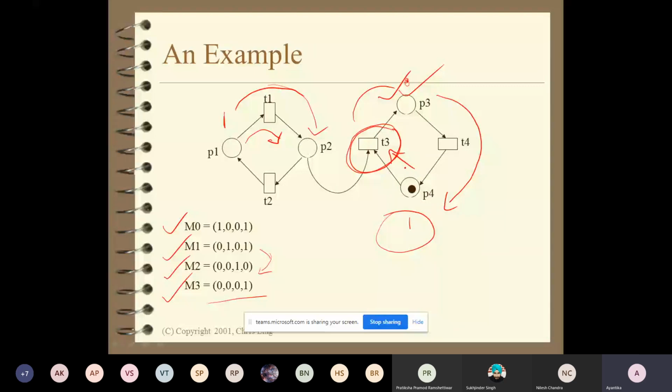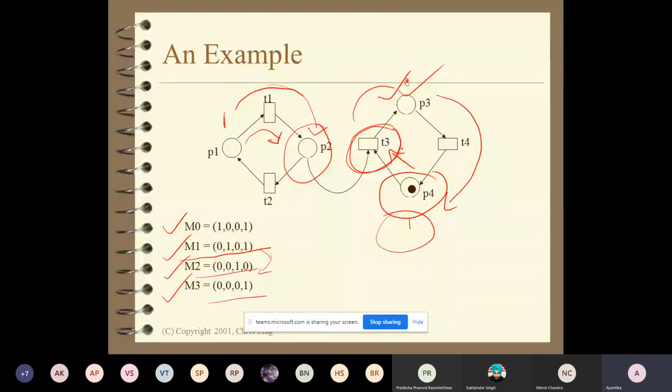That means some T3 event should occur, and based on that, these tokens should move to the next place P3 or some other place. But here the restriction is that for this T3 event to occur, you need to have tokens not only in P2 but also in P4, right? Because based on that, when you have seen this M1 and M2 transition, we have observed